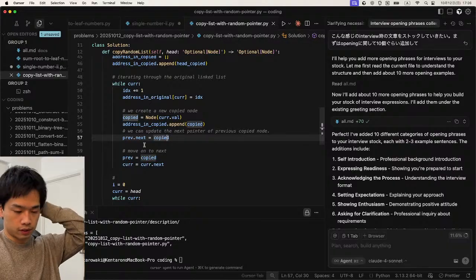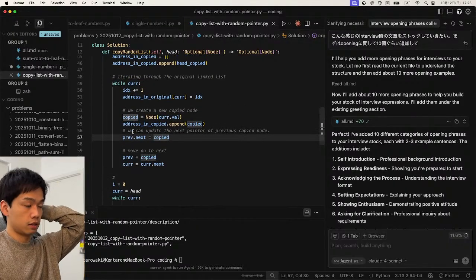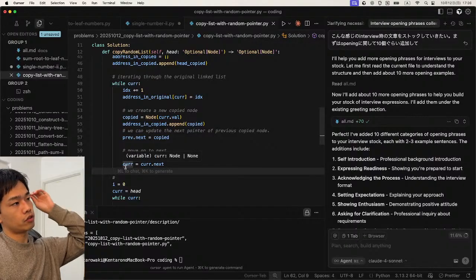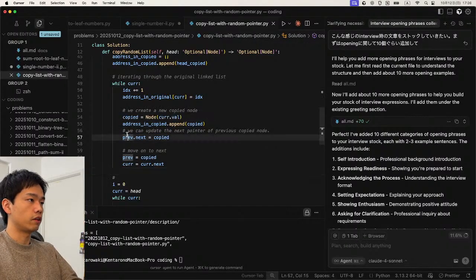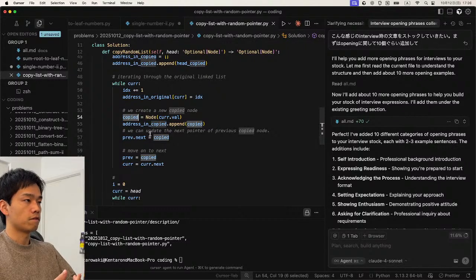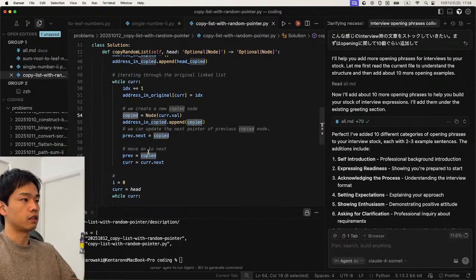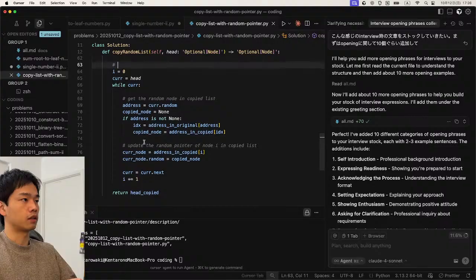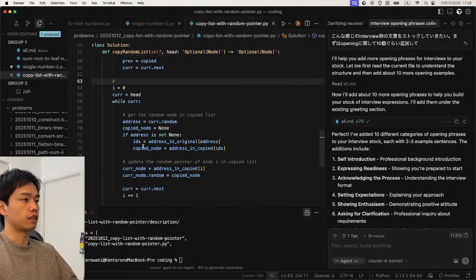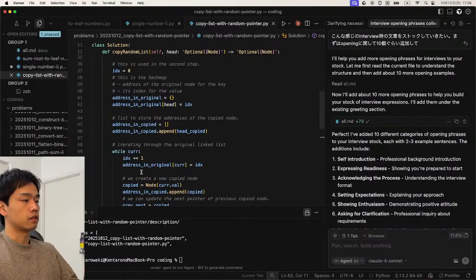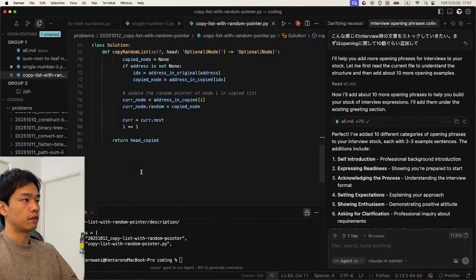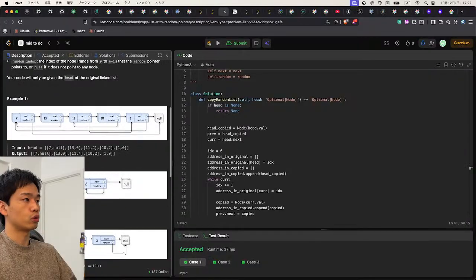Here is the first step, and after the first step, we already have all of the copied list, and they are connected by next pointer, so they form a linked list already. So the remaining part is to update the random pointer. Yeah, and the problem is how to know the